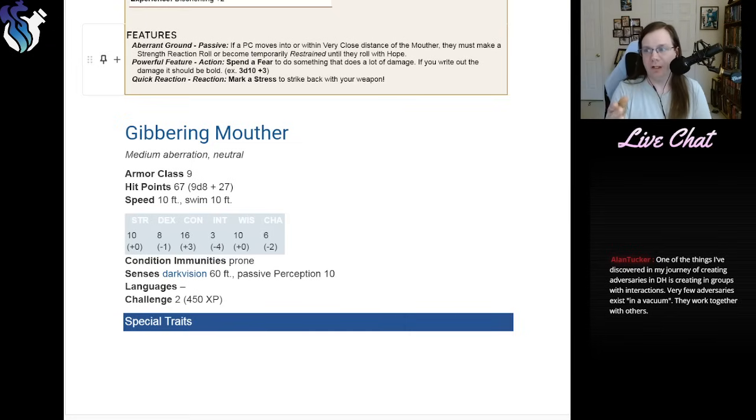Alan raises a great point here that I was thinking of making, but I can just quote Alan here. One of the things I've discovered in my journey of creating adversaries in Daggerheart is creating groups with interactions. Very few adversaries exist, quote, in a vacuum, unquote. They work together with others. 100% agree. What we might, in fact, do toward that end, and maybe this is useful for, I believe it was Phoebus,